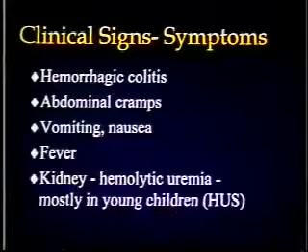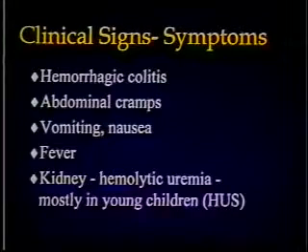The clinical signs in humans are primarily one of hemorrhagic colitis, in other words, diarrhea and cramps. This may be, in fact, bloody, with vomiting and a severe fever, and a particular aspect of this, particularly true in children, is hemolytic uremic syndrome that, as the name would suggest, affects the performance of the kidneys and may, in some instances, result in fatalities. A very unpleasant disease in humans.